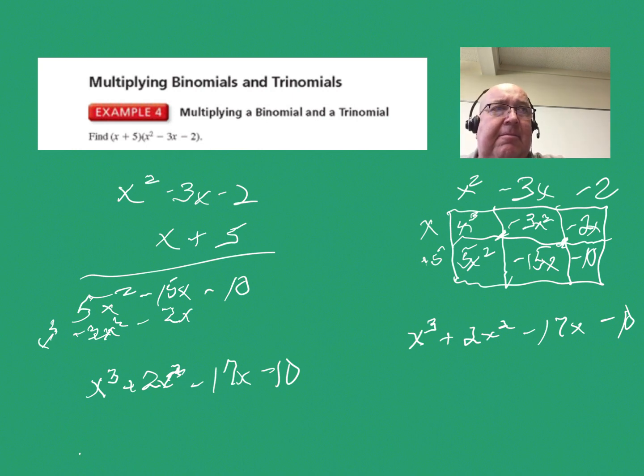Again, be careful with signs. Make sure you remember the rules for multiplying negative numbers, positive numbers, and remember what like terms